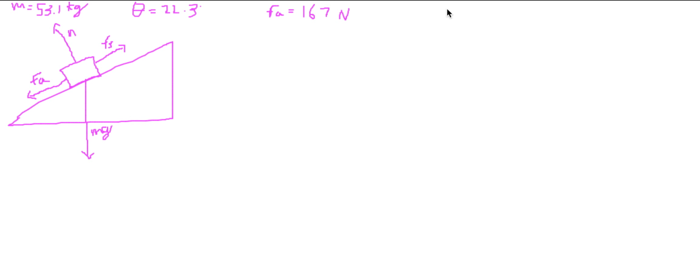So in order to find that coefficient of static friction, which is represented by mu s, you can use the equation: the force of static friction is equal to the coefficient of static friction times the normal force. Well, how do we find the normal force? We can do that by taking the sum of forces in the y direction